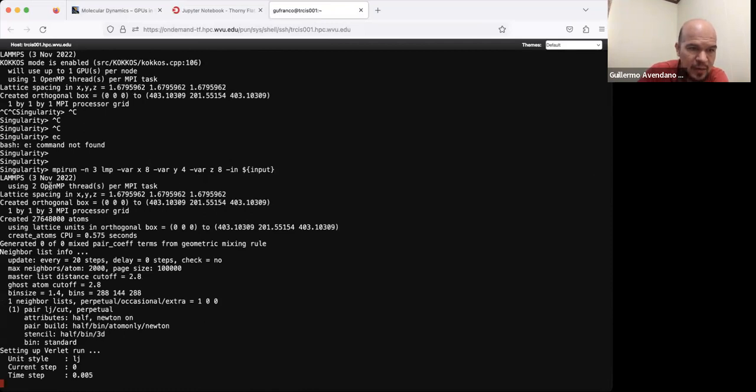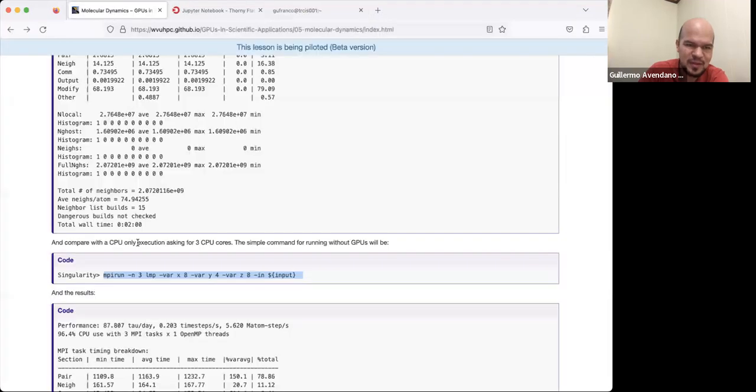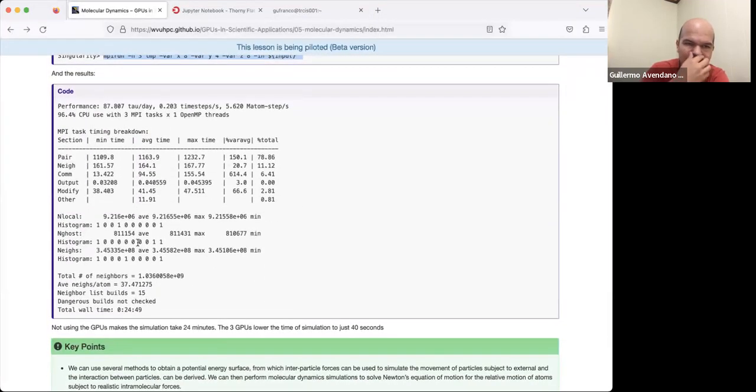So we have, oh yeah, now we got it. So now I am not enabling GPUs, but now I am using two OpenMP threads per MPI process. So I think I am actually using 6 threads. So I probably will get a better figure compared to what I put here, which is good because otherwise